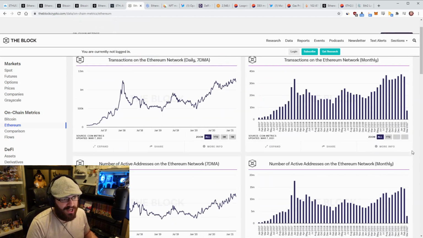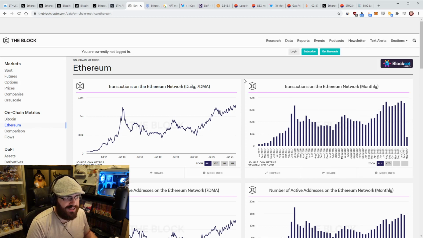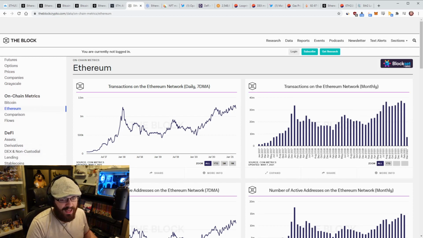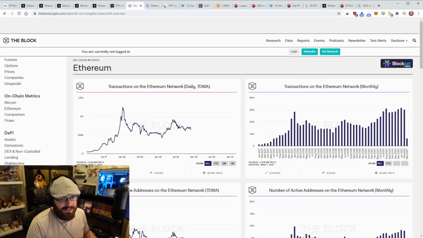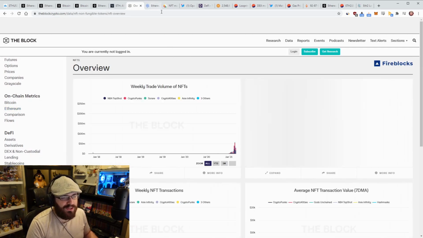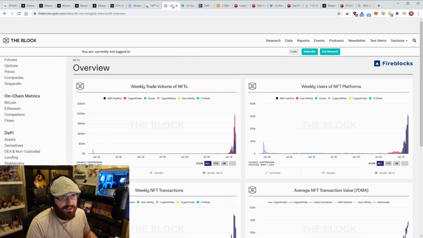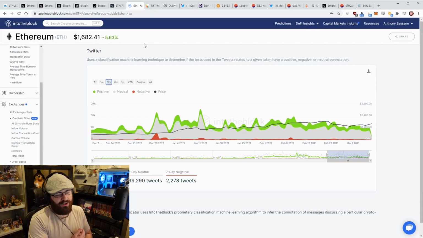But yeah, you should go check this out. I mean, this blocks dashboard isn't just Ethereum. They've got Bitcoin, they have DeFi stuff here, they have NFTs. I think this NFT section's quite new. And actually, I was going to talk about NFT stuff, so I'm going to move this over here when I talk about the NFT volumes, because there's one more thing I wanted to talk about with regards to Ethereum on-chain,